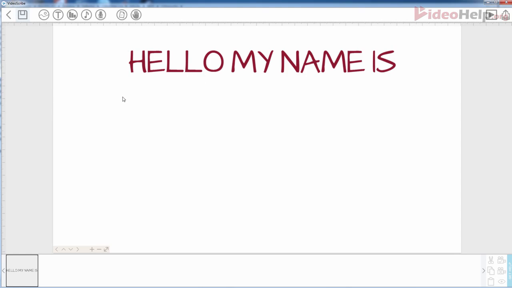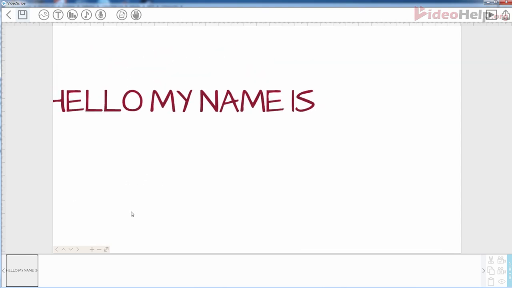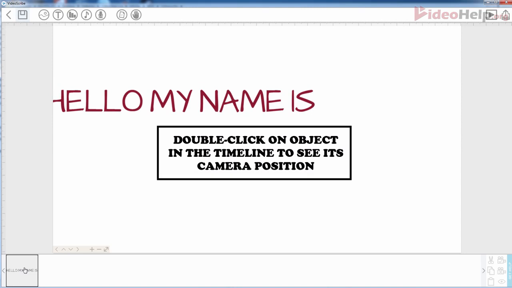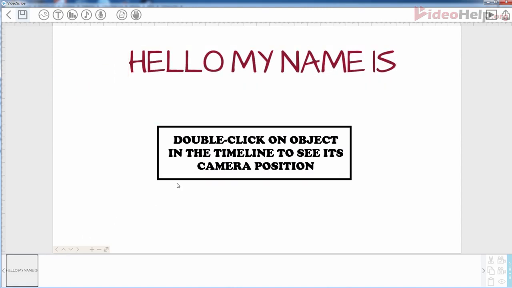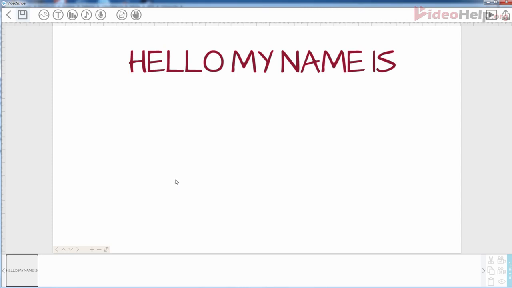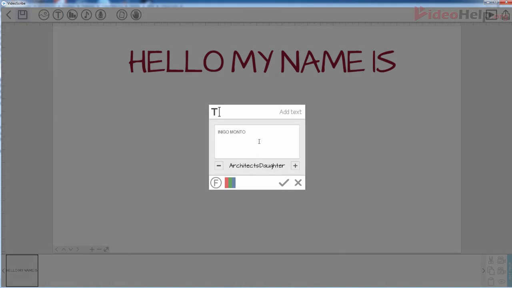If you ever want to see where the camera is focused when drawing a particular object, simply double-click on the object's preview on the timeline and the camera will reset to what it will look like in the final video. This is also a great way to keep the camera consistent if you want to add multiple text or objects without the camera moving. Just add your next text,